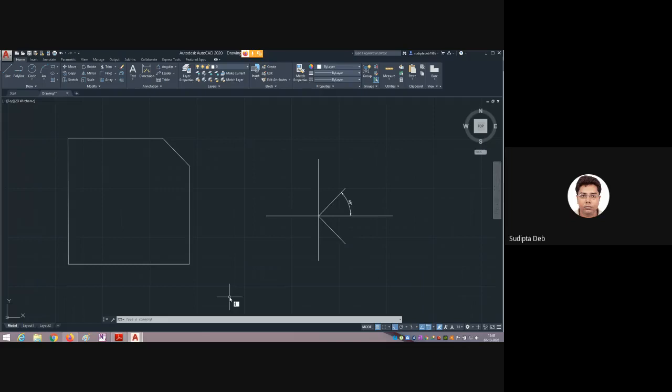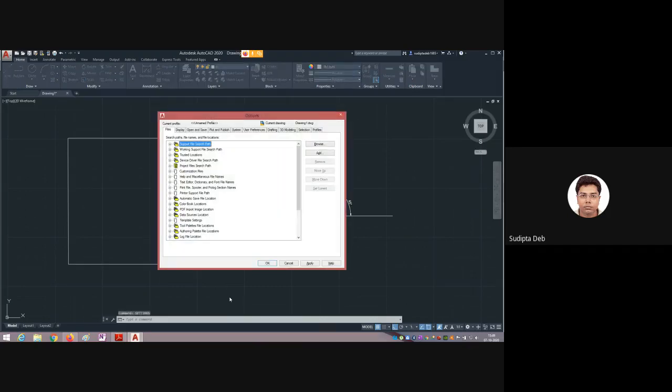Next command is options. So let me check one thing. Settings. If I write down settings, SETTINGS. Oh, the command is settings. Okay, settings is the command. Press a single enter. So one window will open. Right now you will get this window on my screen. In this window, by default, if you have made some mistake or your environment has changed or something is happening, and you want to use the default setting again,